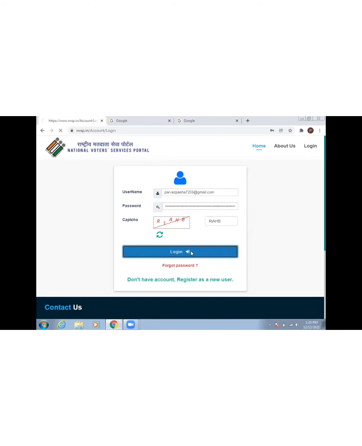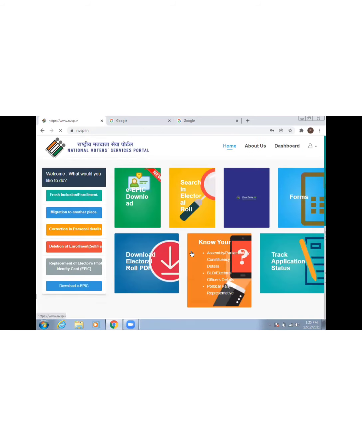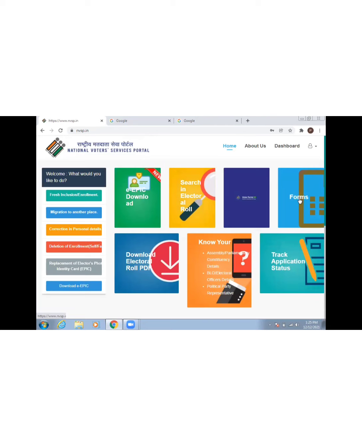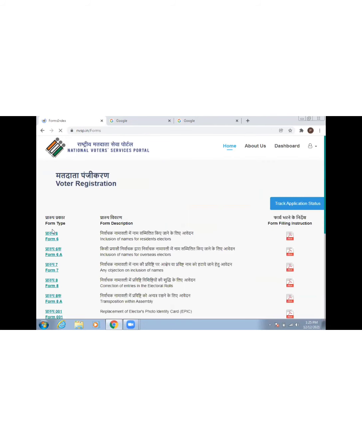Then click on login button. Yeah, you're logged in now to your portal. And once you log in, you have to go to this forms option. Click on form 6 because we are applying for the voter ID for the first time. We have to click on form 6.